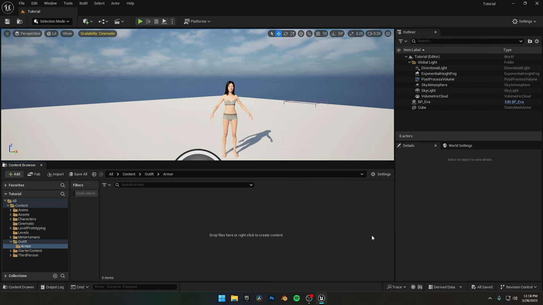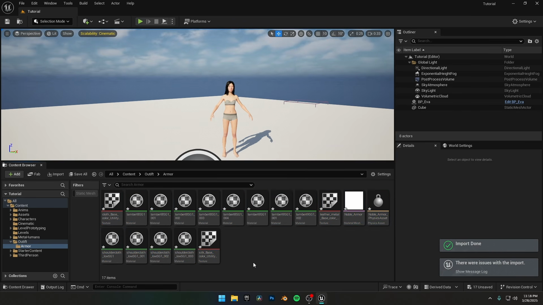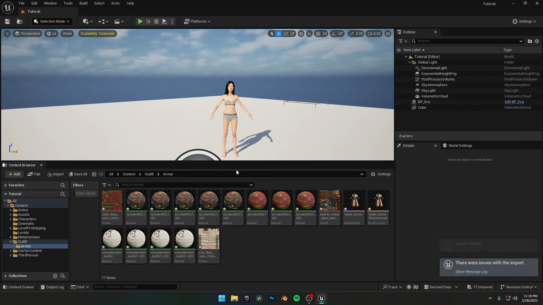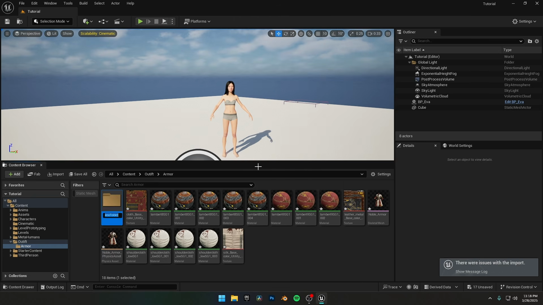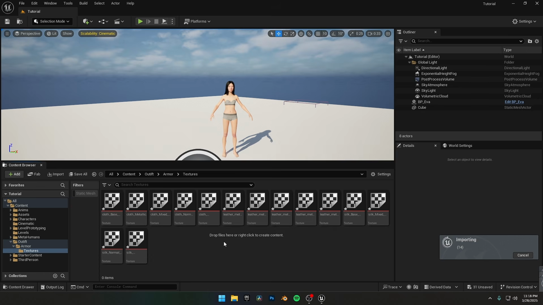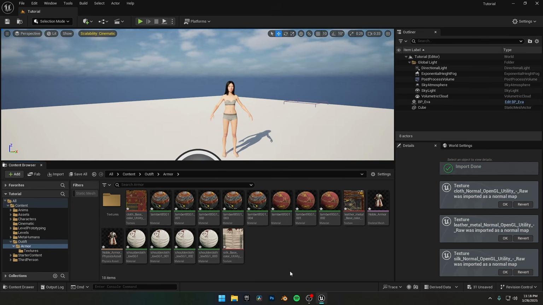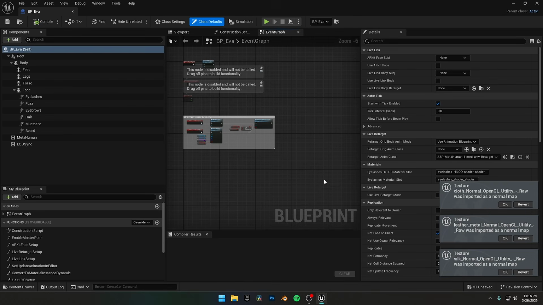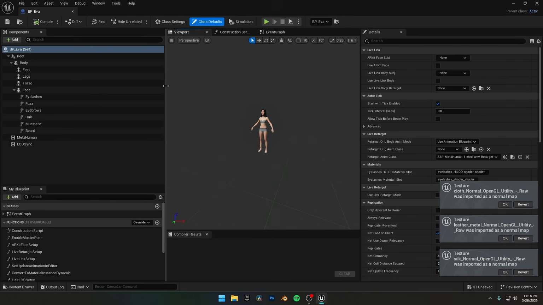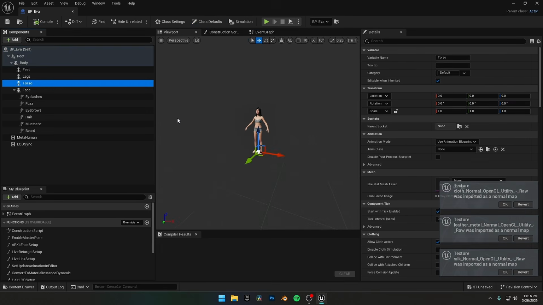This ensures the outfit is correctly rigged to our MetaHuman. Then click Import. The outfit imports with basic textures and multiple materials, but since we need to retexture it properly in Unreal Engine, let's also import the texture files. First, let's apply the outfit to our MetaHuman. Open the blueprint by clicking Edit BP EVA in the outliner, then go to the Viewport tab inside the Blueprint Editor. In the Components panel, select Torso.